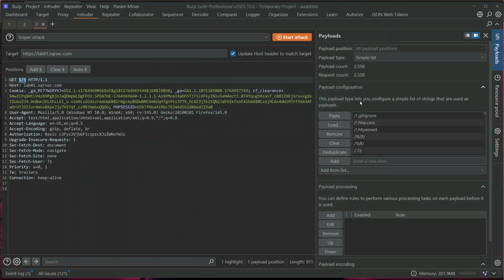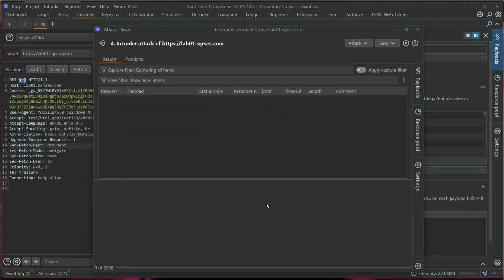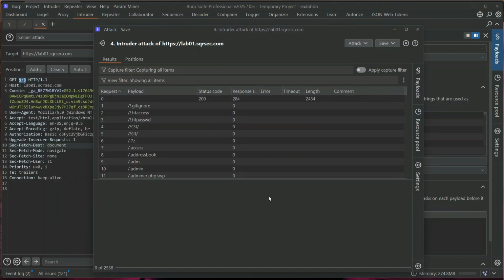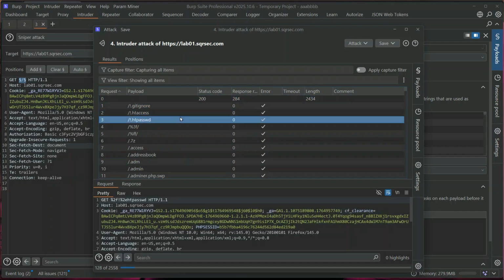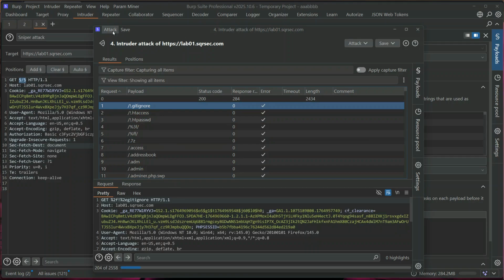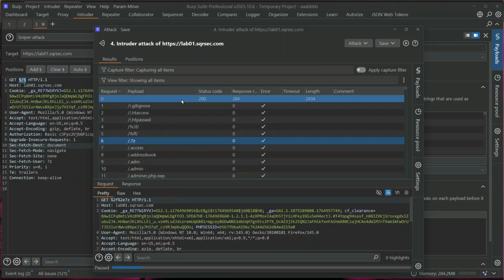So I'll open this one. We have like 2000 payloads, so let's send this and see what we get back. Since that is hanging, what's happening here? Oh, so let's pause this for a second, and we can see if we look at the